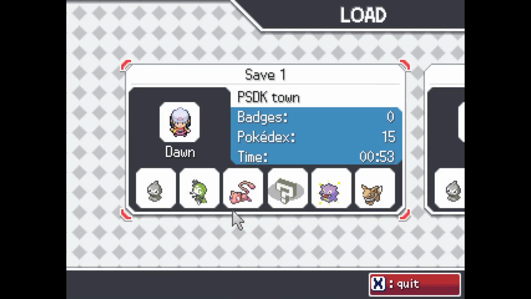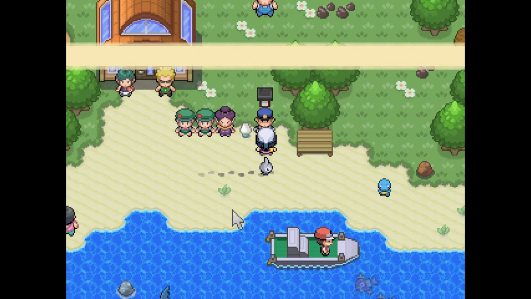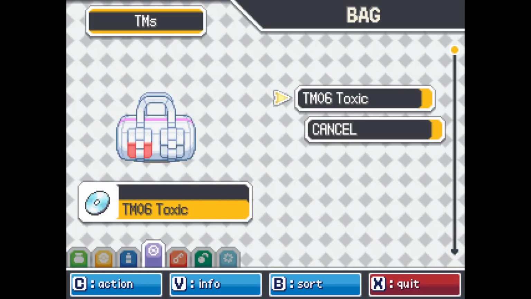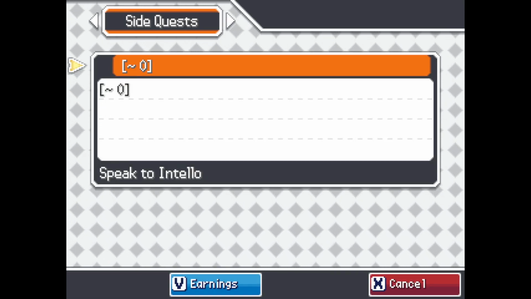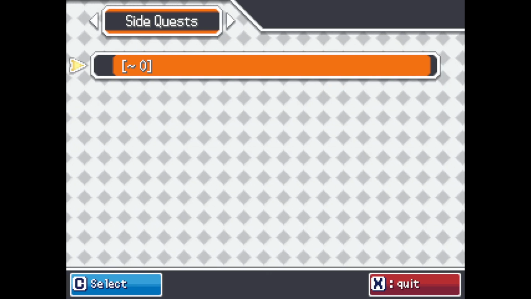But when you fail, it's going to also store that quest into a different area. So we're going to talk to him, which is going to initiate our new quest, which has no name. And if I check my journal here, we're going to see in the side quest tab that this is all we have. Now you're also going to notice that if you go over to the right once more,